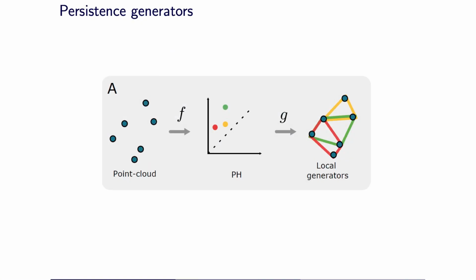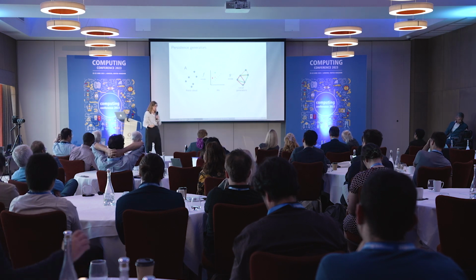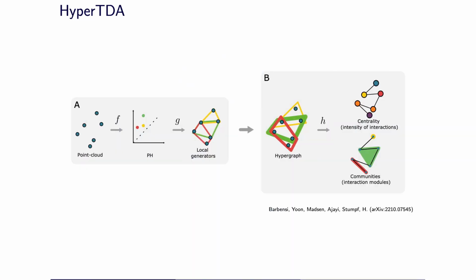And we applied this to a number of different problems. So we take our point cloud, we compute persistent homology, then we say, okay, the red, for example, shows which points were involved with this one feature, and green are the data points in the original data involved with this long persistent feature. And then we analyze that. So we can analyze it with hypergraph techniques, which again, in the last 2 years, are very new hypergraph network techniques, that we can then say, okay, these points in your data are really important, and they're not important in the standard clustering. They're important in these higher order connectivity and higher order features.